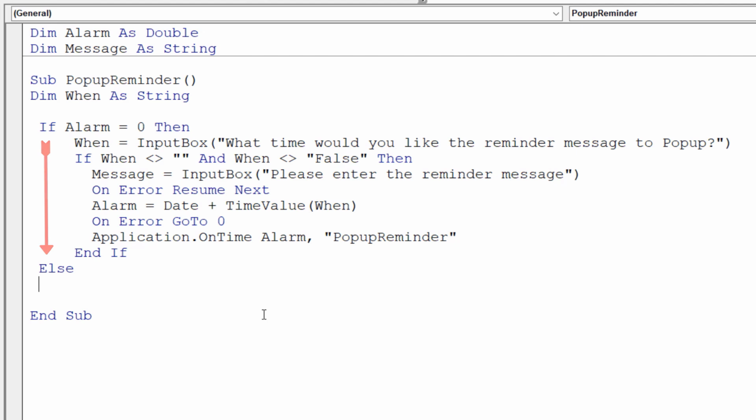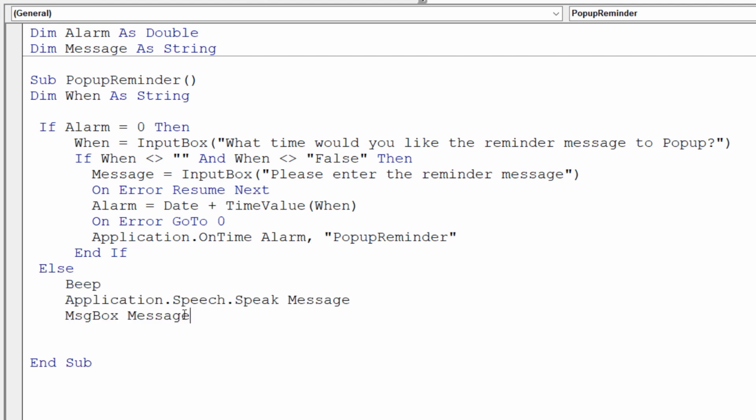What do you want to happen? I want it to beep. I want to read the message and display the message box. So the first action will be beeping. The second action, Application.Speech.Speak message. This is the message variable. Then the application will read whatever the user provided in the message input box, and then it will display the